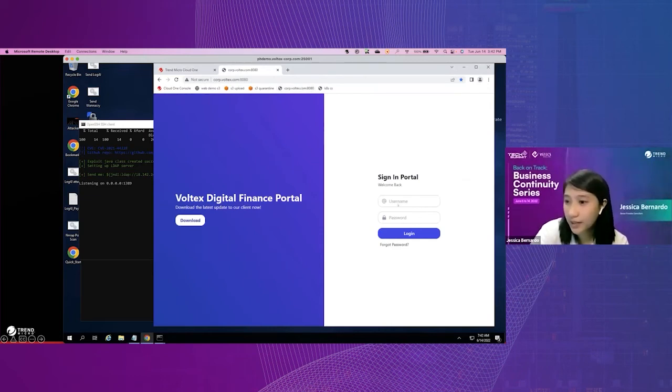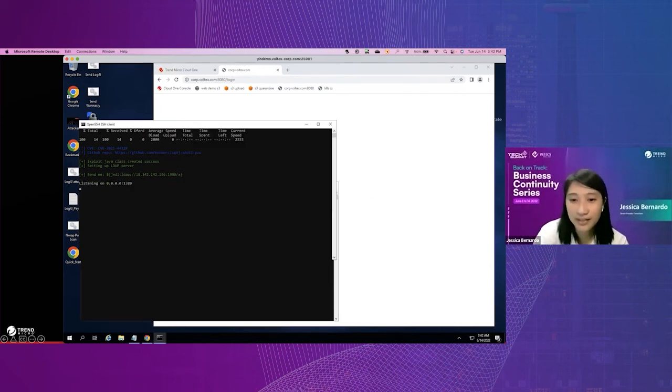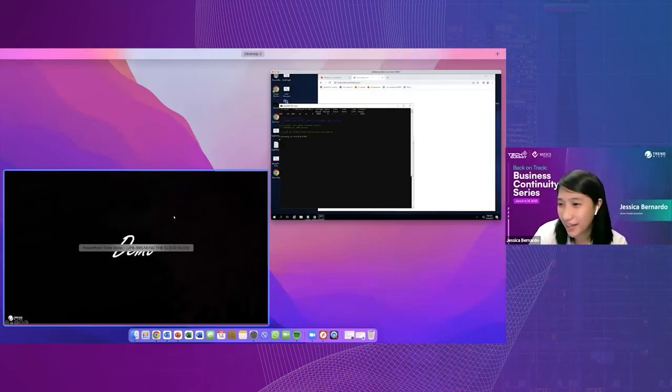Okay. So for this one, I will run again the demo. At this time, the attack has been blocked. Okay. So when it comes to these kinds of environment, we can tell that you need to have security on those types of attack. Let me go back here